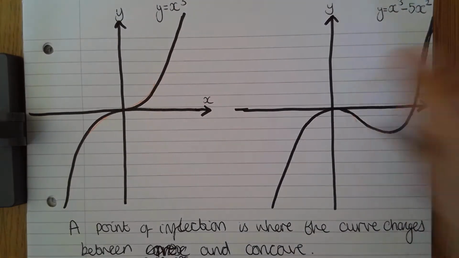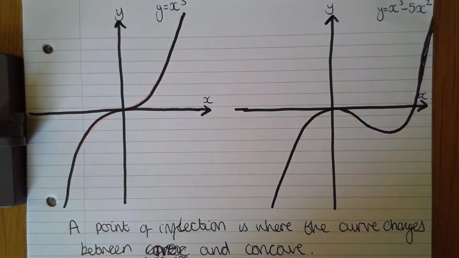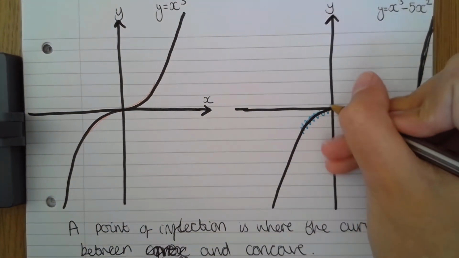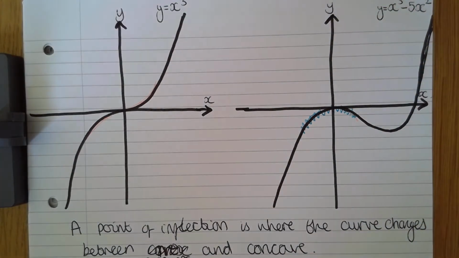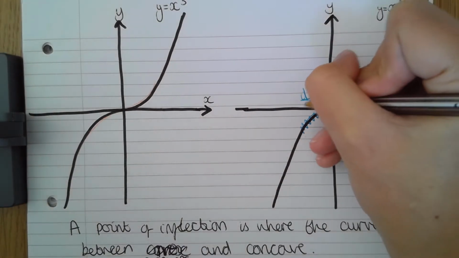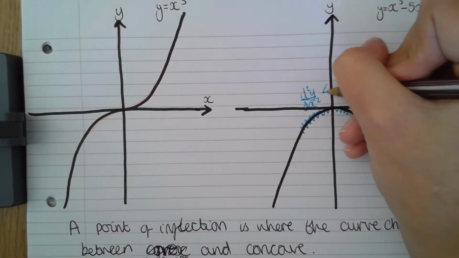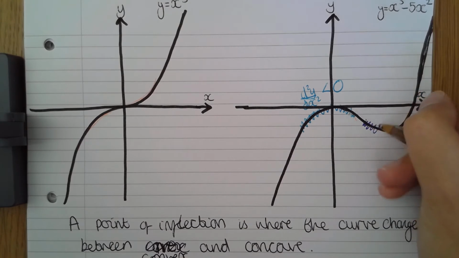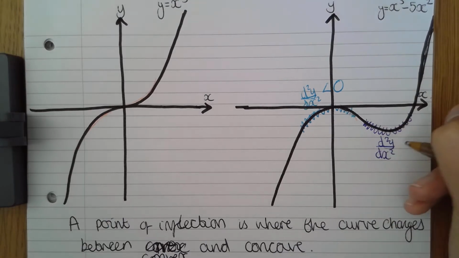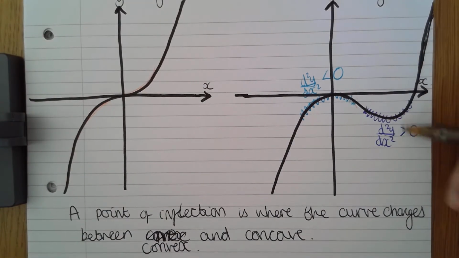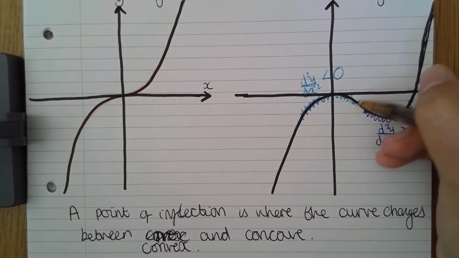Okay, so I'm going to use some colours to help show you. So over here, where we've got our concave shape, we know that when a graph is concave, the second derivative is less than 0. And then when we've got our convex shape down here, we know that the second derivative is greater than 0. So up here it's less than 0, so it's negative, and down here it's positive, greater than 0. So that means that somewhere in between